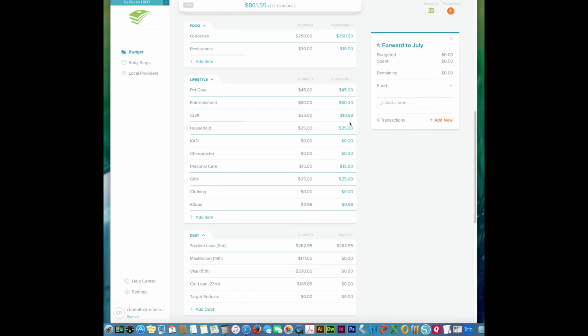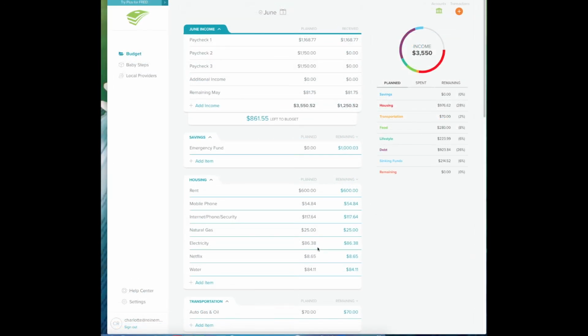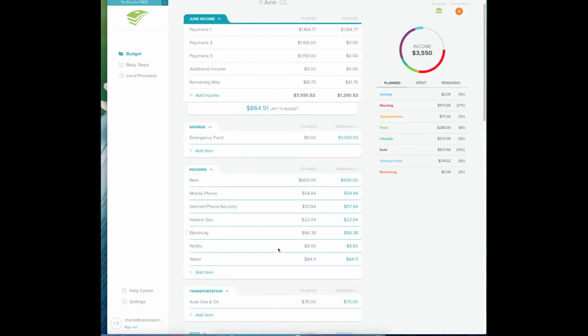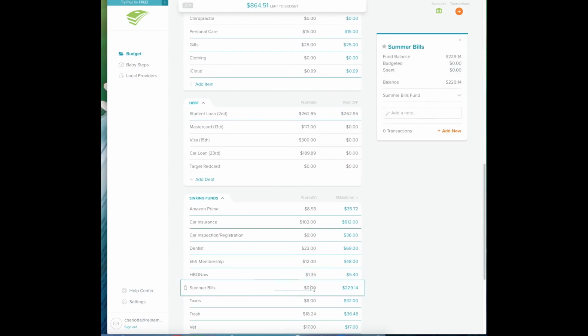And I plan on this week, I'm actually going to go in there right now and go ahead and purchase the Beauty and the Beast, pre-order Beauty and the Beast movie on iTunes, so that way I get it on Tuesday right when it's available to download. One other thing I wanted to mention, I did get my gas bill, and it is not $25, but it will be $22.04, which is under budget, which is great. I need to update down here the summer bills